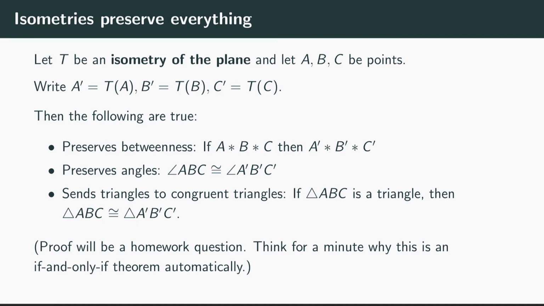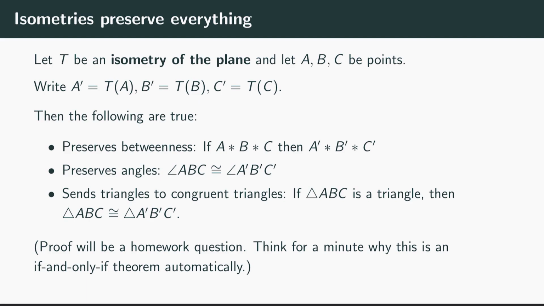An important theorem is that isometries preserve basically everything that we care about in geometry. So I'm going to assume here that I have an isometry T of the plane, and I have 3 points A, B, and C. And I'm going to call A prime the image of A, B prime the image of B, and C prime the image of C. We're going to use this kind of prime notation quite often in our continuing work on